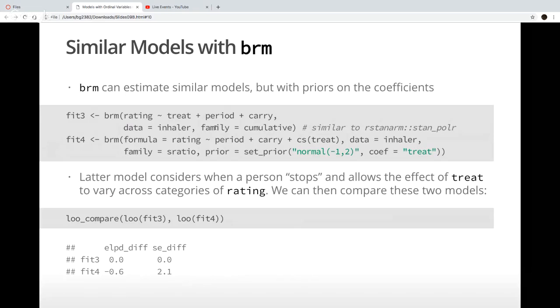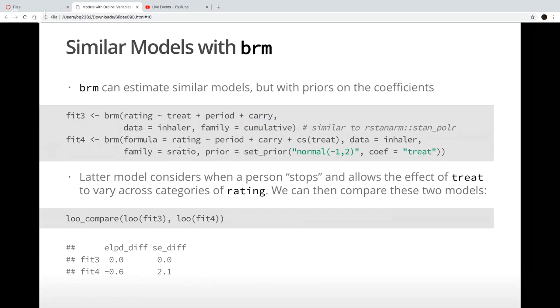So we could use pretty much the same syntax, except family equal cumulative is what we need to do in order to specify the likelihood that corresponds to the likelihood we used before, except this by default is going to do ordered logistic, whereas we did ordered probit in the example before. But you could get that by specifying the link function. So that's the first version here,